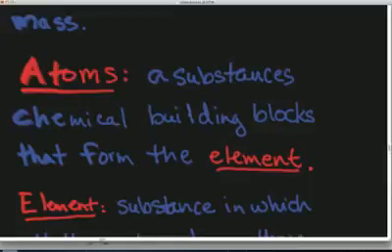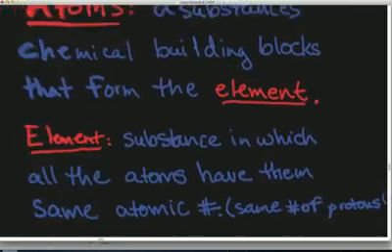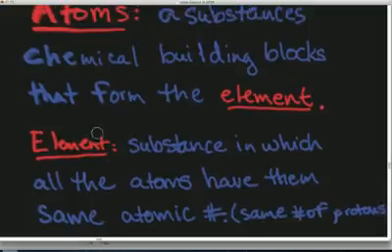But for our purposes, if all of the atoms have the same atomic number, in other words, the same number of protons, then they're all part of the same element. Okay? The atomic number is the defining attribute to the element. So it's basically what sets it apart from the other elements. So what do we have here? Well, we have